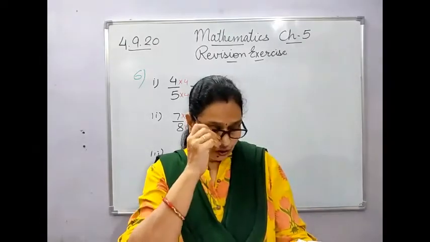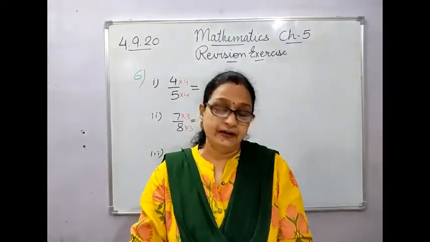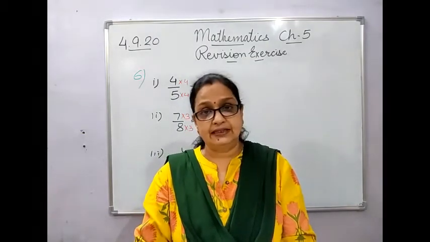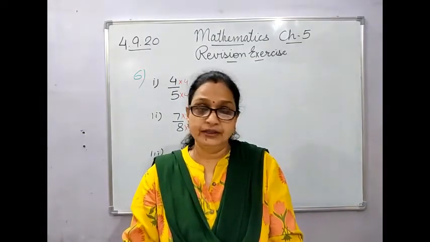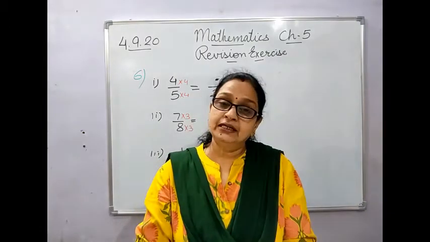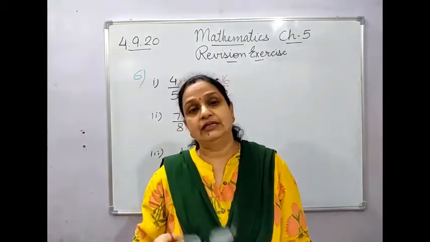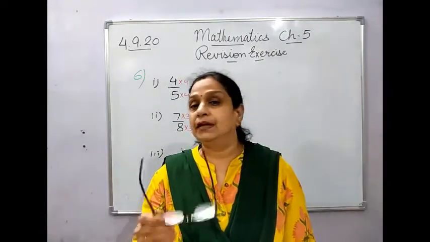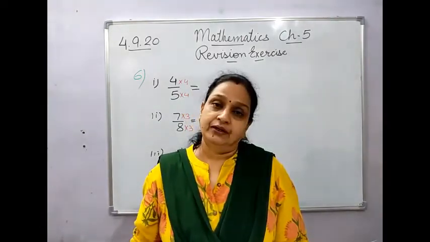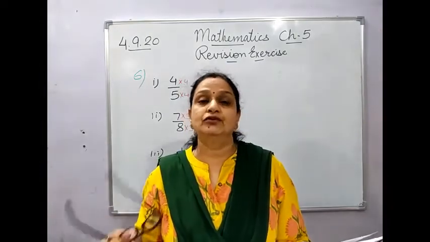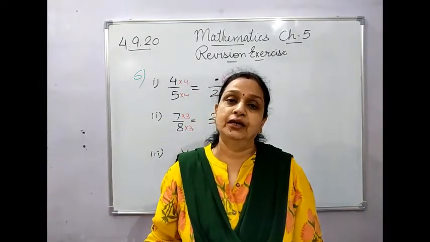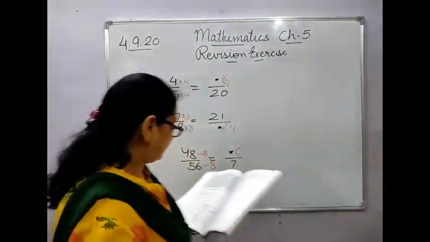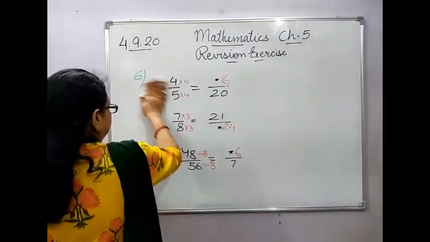Then solve all the questions we have done. The sums with same denominator, that is like fractions, we don't take out the LCM. If the denominators are different, then we take out the LCM and solve. Multiply sums, we will only multiply the numerators and find out the answer. In all these sums, you have to reduce the answer to the lowest term. I'll just show one. I'll show the 10th one.